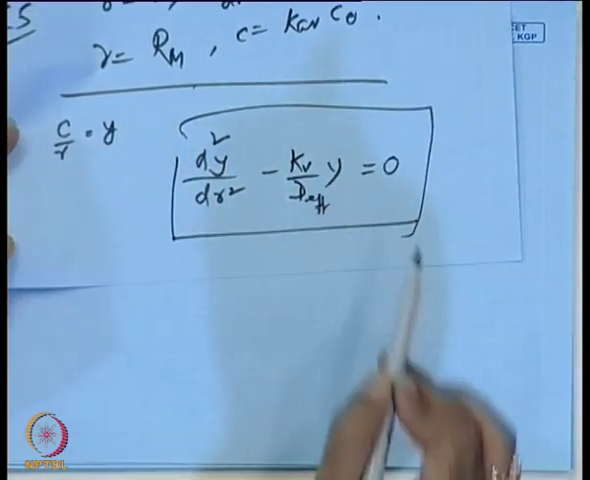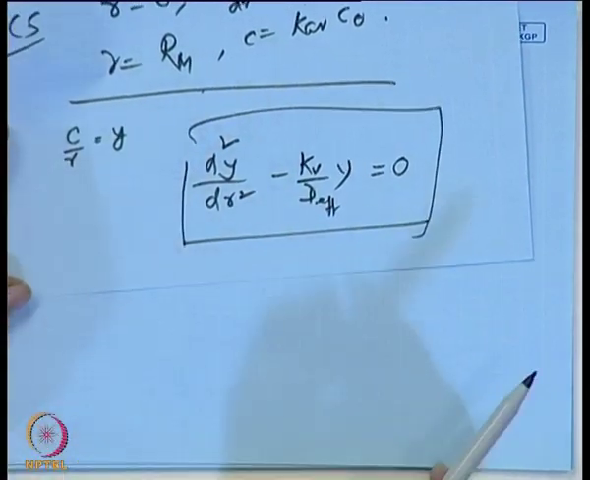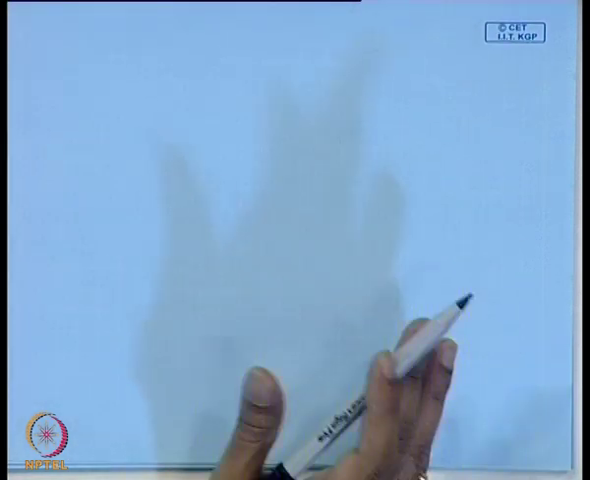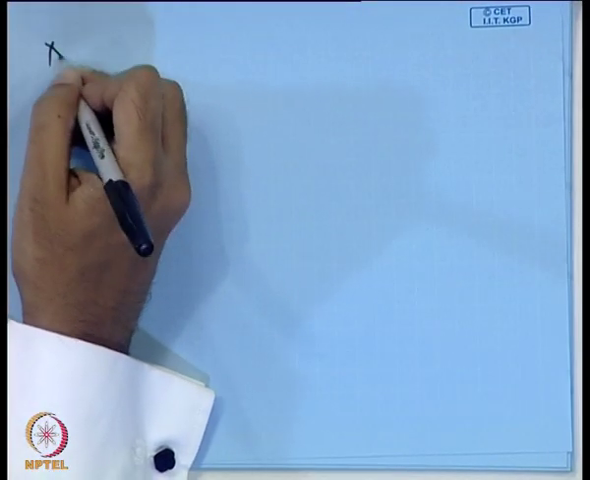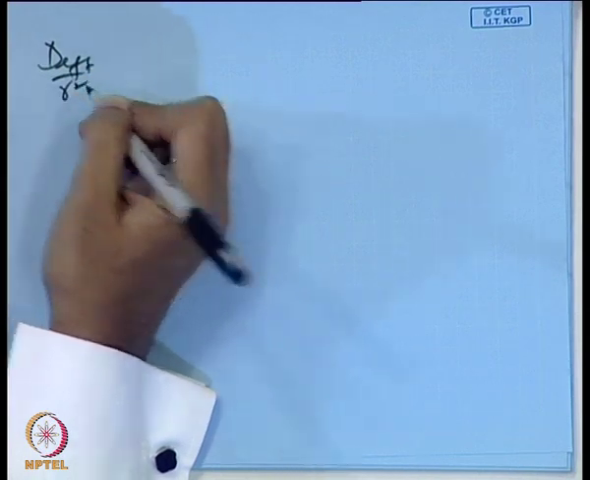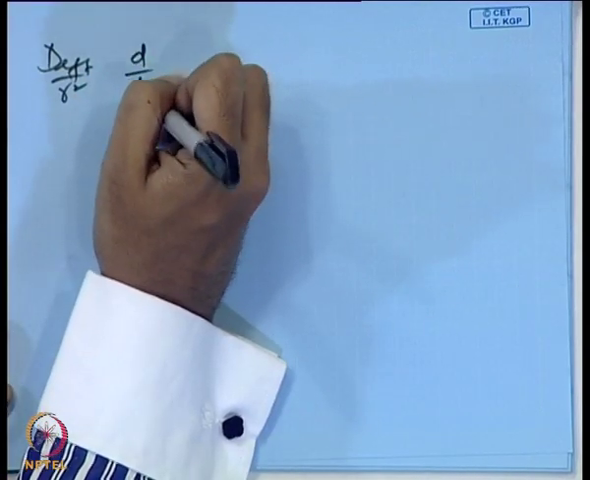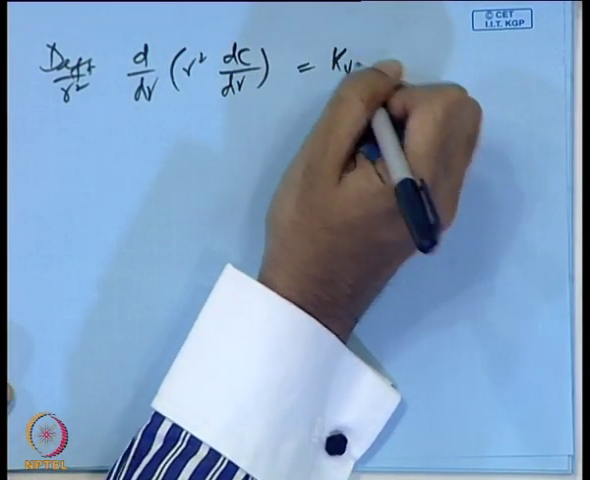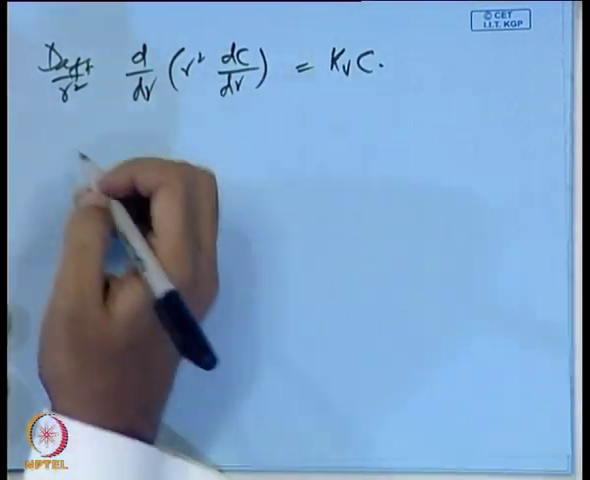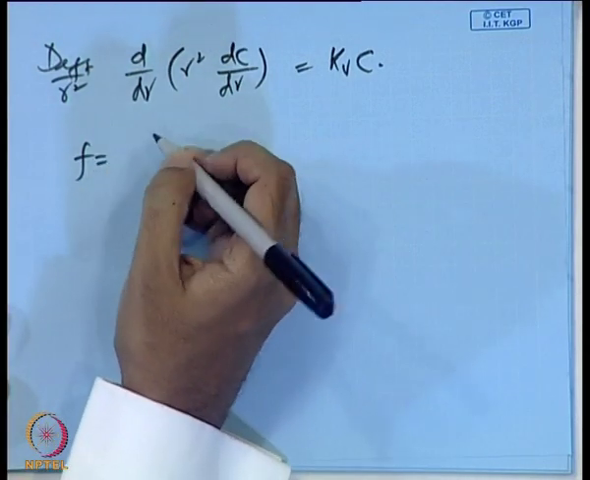Okay, since none of you have done it, you have done it, but nobody else has done it, so I'll do it here. So this is my equation over here: the effective d, 1 over r square del r of r square del c del r equals kvy. So let's call it f equals